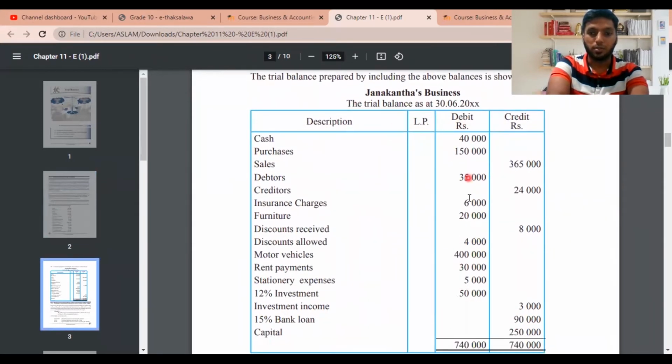Now with this assumption, we can go and see that all these things I have said are here. They're taking all the debit side values on the debit side, and the credit side values on the credit side, based on income, asset, liability. After putting this into debit and credit, they have something called a ledger page. What is a ledger page, guys? A ledger page is where you are recording the page references. It's not compulsory to fill the ledger page, and examiners never request you to fill it in your exam. You might see the final balance of the debit and the credit should be equal. If this doesn't balance, then of course your sum is completely wrong.